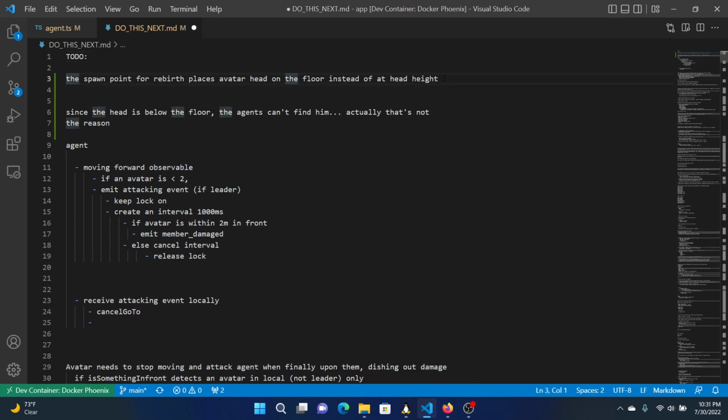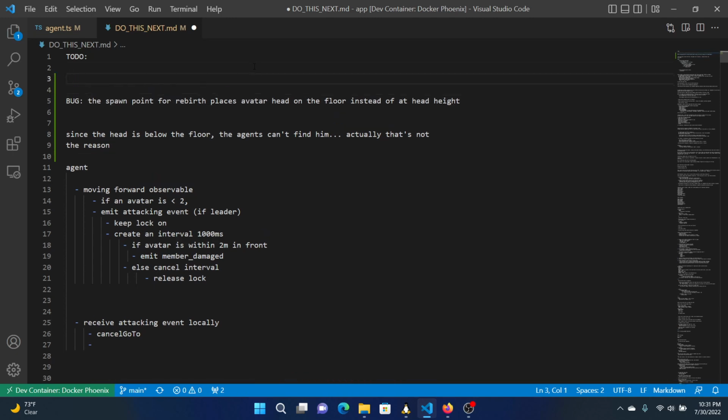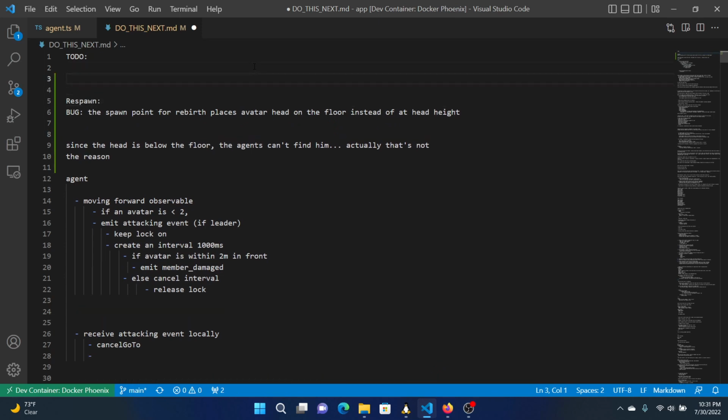Okay, so a couple of fixes. Bug. So this is about respawn. That's a bug for respawn. And then when player is announced dead, or member died event should prevent agent from continuing to attack your corpse. So we need some logic around that. I think you should be protected. Like the agent